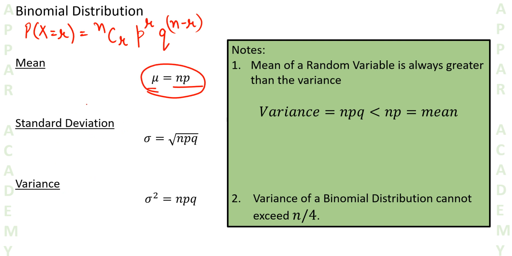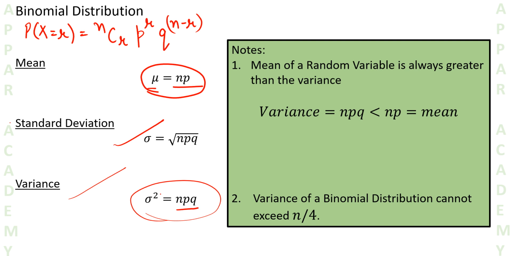Next is variance. Then we'll return to standard deviation. So variance is simply npq. See, for Bernoulli distribution it's pq, and we know that all our trials are independent of each other. Therefore, we are simply adding them and we are getting npq. Right? We are not discussing the derivations over here in detail, but generally we know what exactly a variance is, so we can easily derive these formulas. So this is equal to npq. But we also know that the standard deviation is simply the square root of the variance. So that is square root of npq. So this is the formula for standard deviation. This is for the variance.